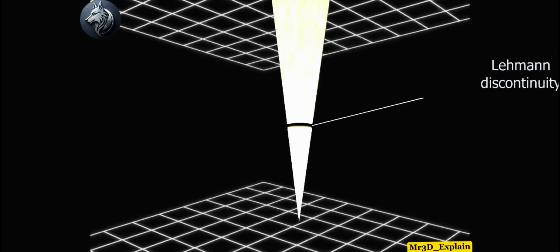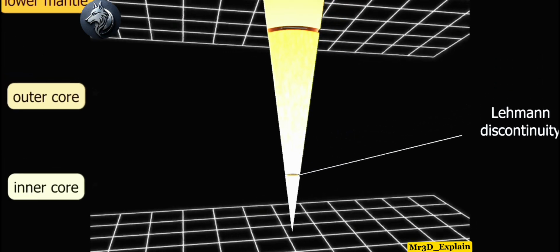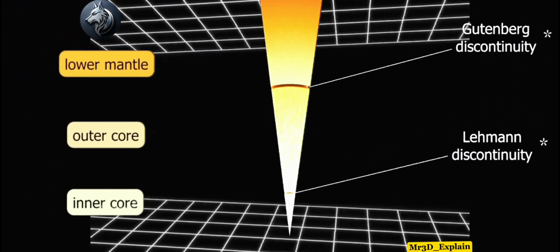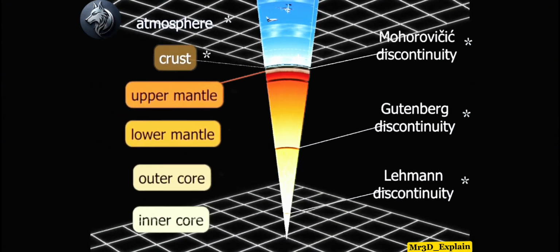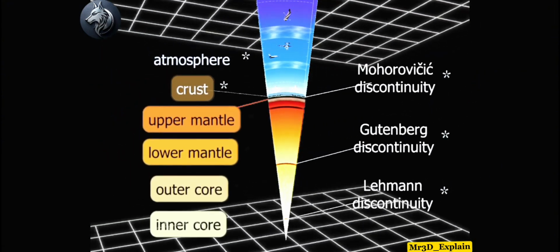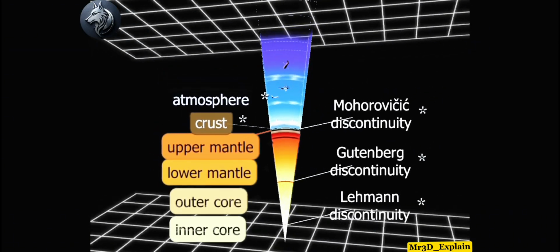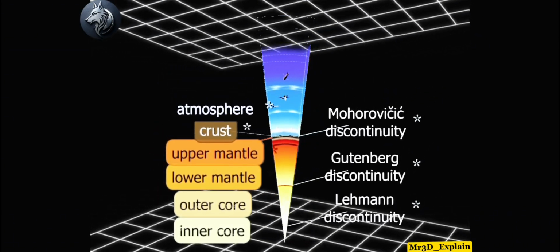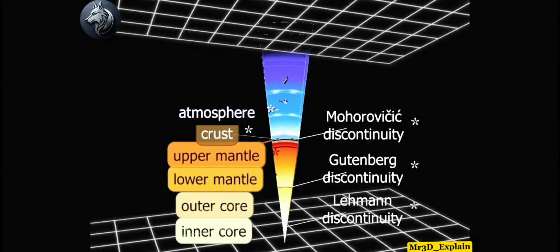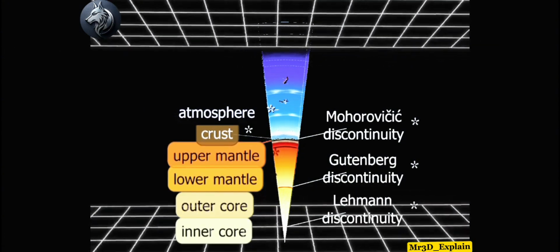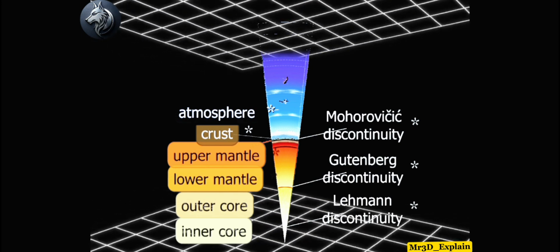Density, temperature, and pressure increase with depth. While pressure increases gradually, density changes abruptly, and the velocity of seismic waves also changes abruptly, that is, at discontinuities. The rate of the inner temperature increase is called the geothermal gradient. On average, it is 3 degrees Celsius every 100 meters, but it decreases with depth. At a depth of 200 kilometers, it is only 0.5 degrees Celsius.